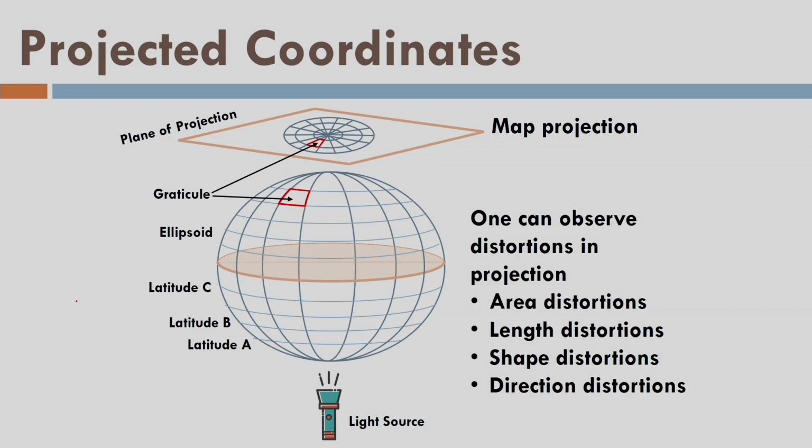You can observe here that areas are distorted. For example, I am showing you a graticule. It is now distorted in the map projection. Same way, length is also distorted. That means the length is no more a true length, which is on the surface of the ellipsoid. It is no more reflected as a true length there on the map projection. Shape is also distorted. That means the angle between two lines, I can say the angle between a latitude line and a meridian line, is distorted now. Direction is also distorted, that means the azimuth of a line is also distorted from the ellipsoid when it is projected to the map projection.